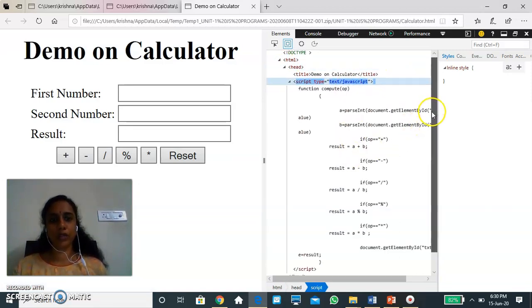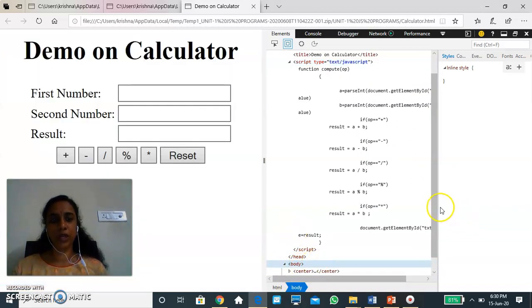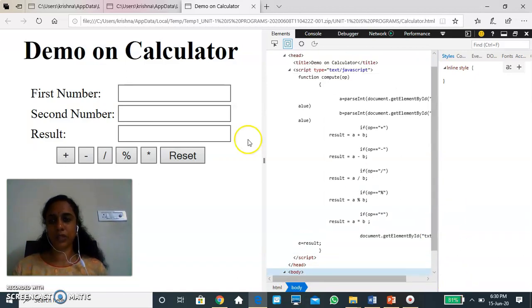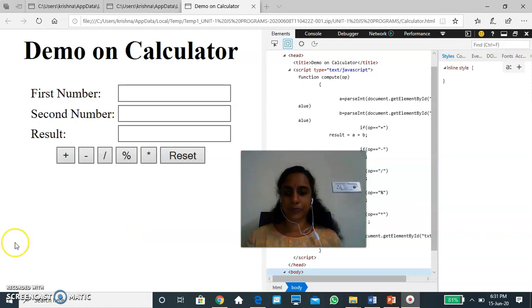Whatever the user is clicking in the body tag, the numbers, that is the first number and second number, they are inputted, and those input values are added up. These are pretty simple. All your basic C programs, basic Java programs, you can use directly in order to convert them into your web pages, so that now you can see the output on your web pages. So that's how these